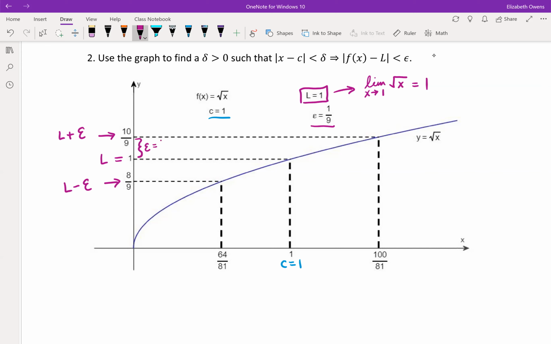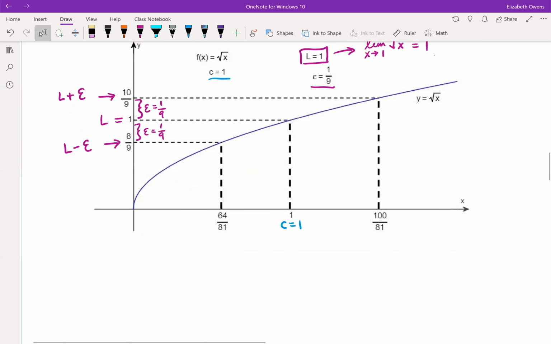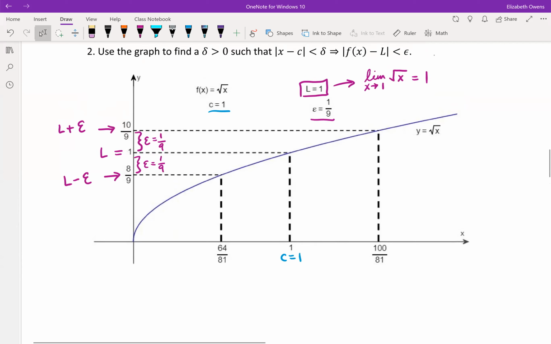So 1/9 in either direction. So we want to figure out the corresponding distance delta along the x direction. So let's go down here and take a look at our edges of the boundary. So here on the upper side, we have